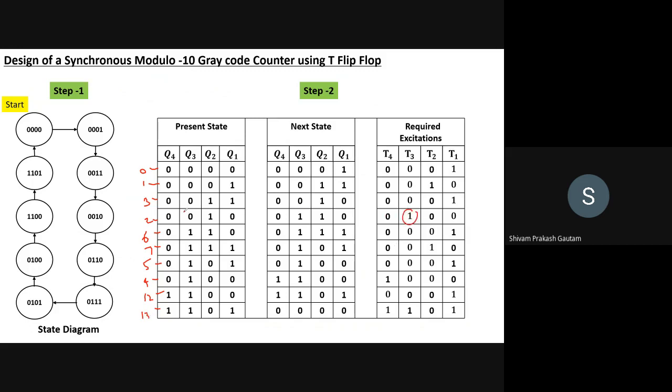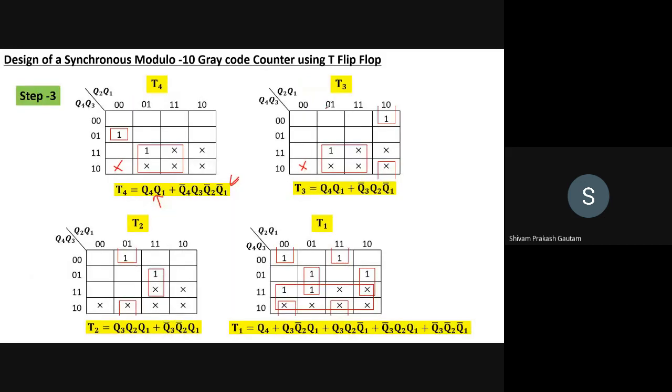So this is represented by summation 2, and the last one is this, that is 13. 2 and 13 are 1, and we are having don't care as well. So don't care will be same as previous case. So 2, you can see this is 2 and this is 13. 2 and 13 are 1, and don't care are similar to the previous state. 8 is also a don't care.